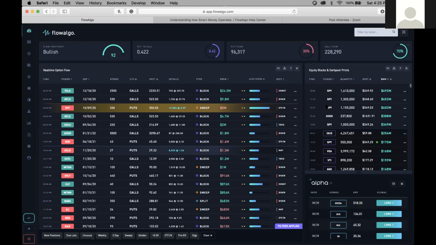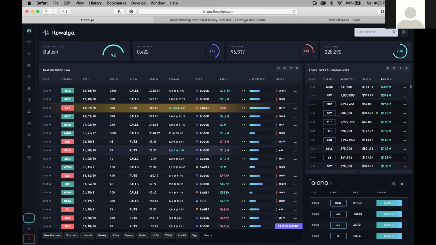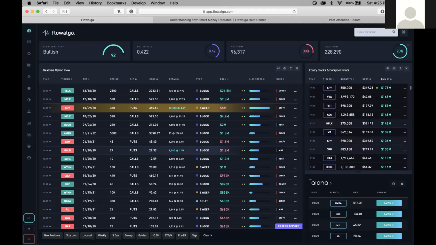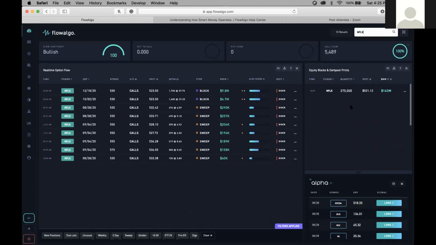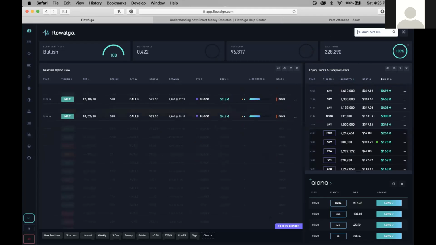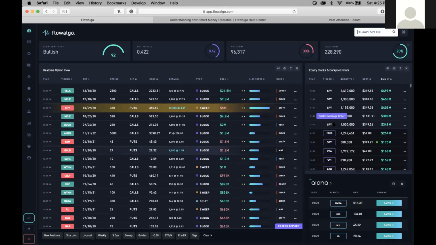So again, SPY is the most traded, so you're going to see a lot of those. But you could scroll until you see something interesting, like Netflix at 143 million. Based on how we filtered this by ticker earlier, we saw Netflix had a bunch of call sweeps, and we also see more Netflix in the dark pool too. So this tells us that people are buying Netflix, and with this information people could expect Netflix to be going higher. It's about using all of this information together, in unity, to figure out what's going to be good and what's not going to be good.